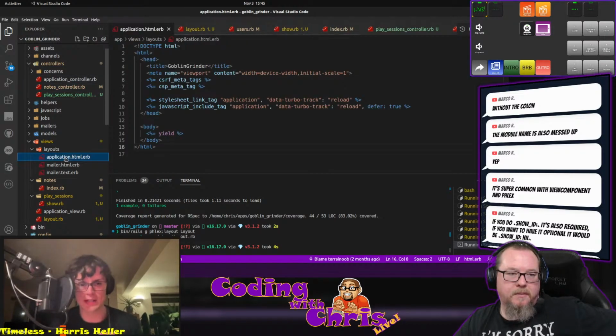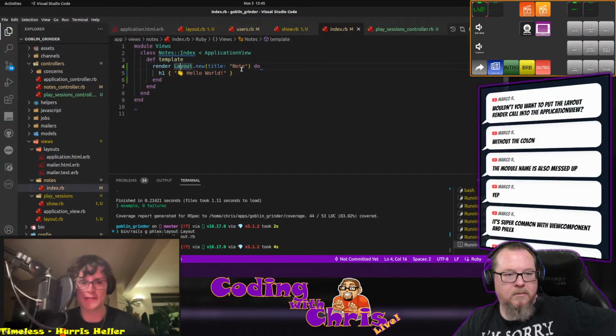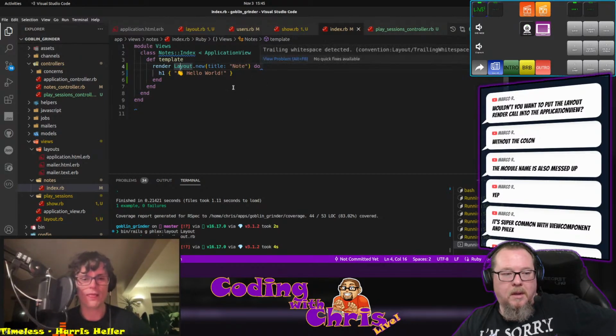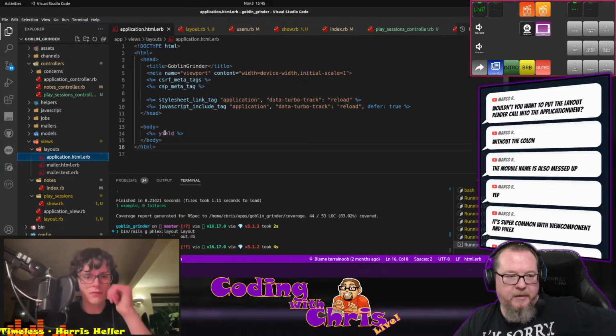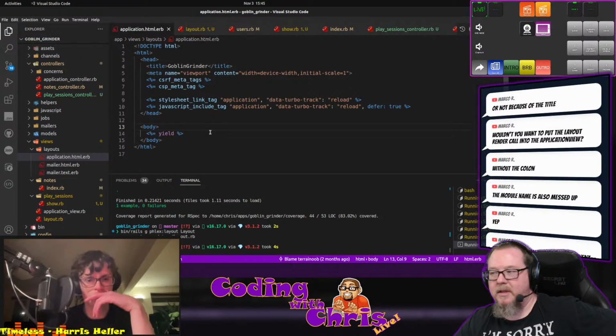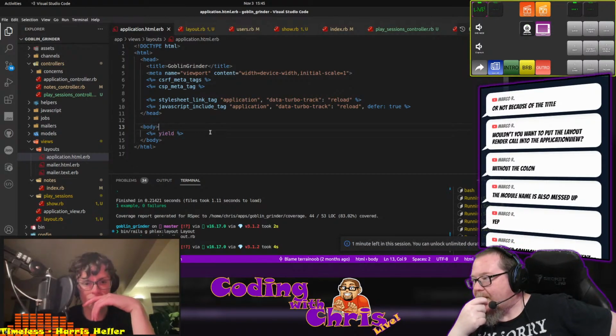So we explicitly render index, and we can pass that index view any arguments that we want, and then the index wraps itself in a layout and can pass the layout anything it wants to. Okay. So if I had particular things in this HTML that I wanted in,